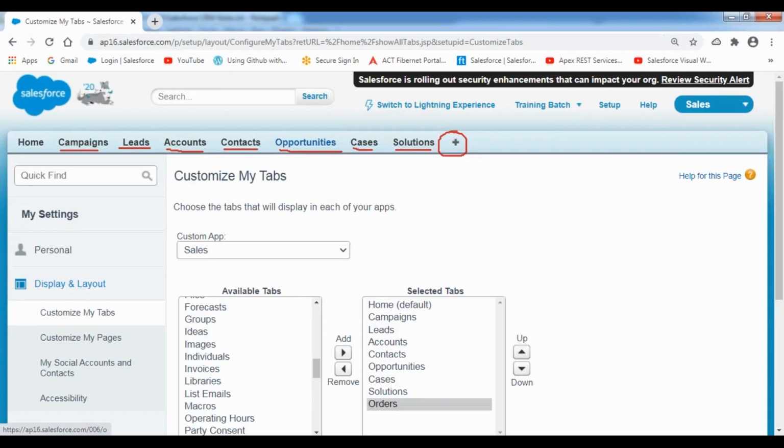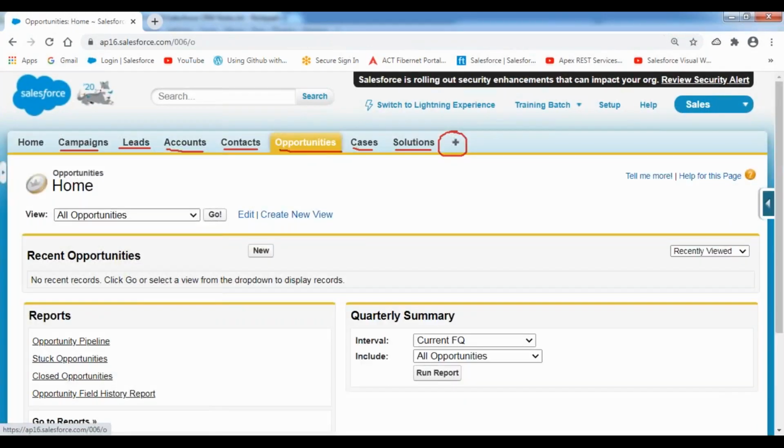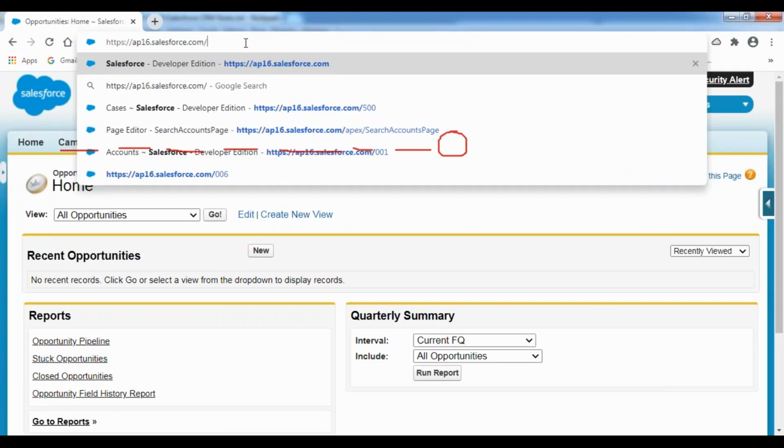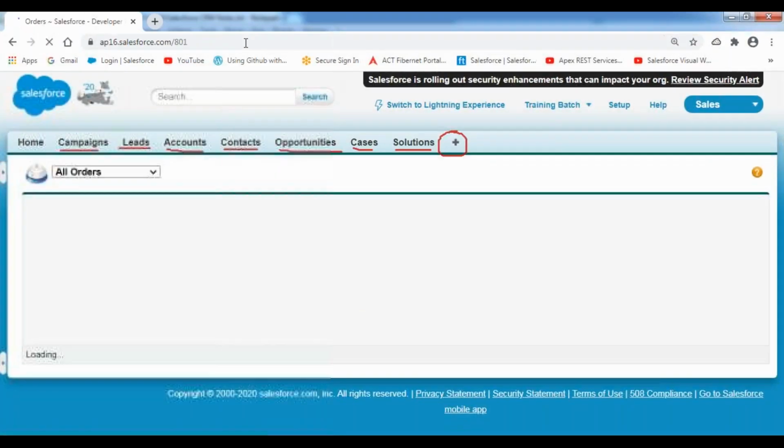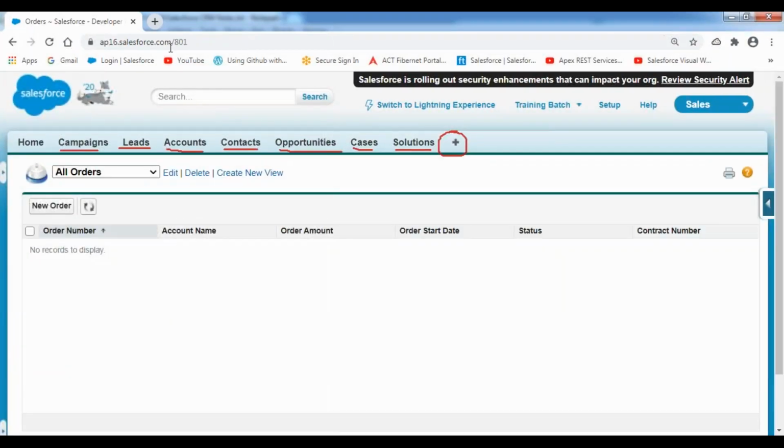Whatever object you are currently in, just go to the address bar and specify the order object ID. What is the order object ID? 801. When you press enter, we directly jump into the order object so that we can create a new order record also. Even though that respective tab is not available on the tab bar, we can switch to that object directly. That facility is available.